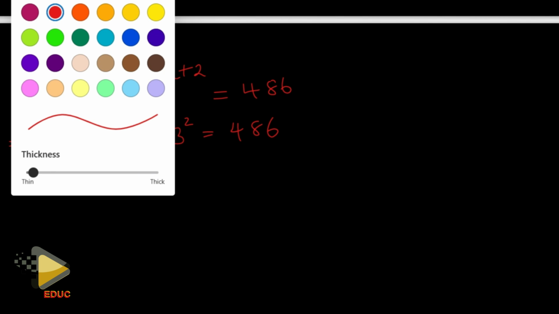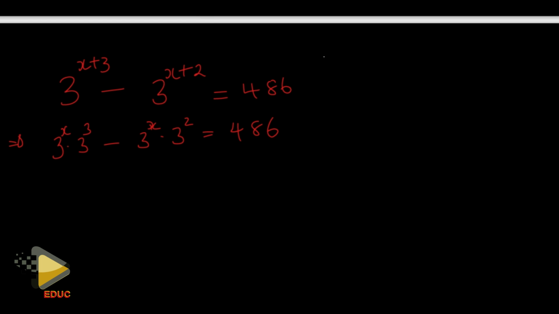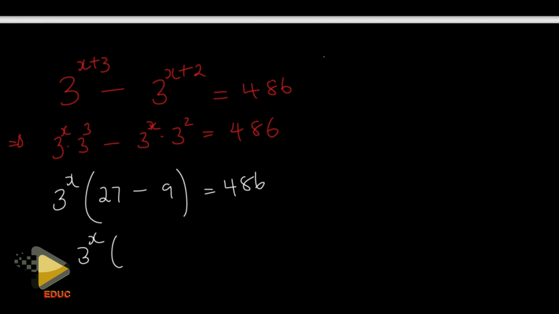Then I can see 3 to the x is common, I'll take it out. 3 to the 3 is a 27, 3 squared is a 9. This gives us 3 to the x into 27 minus 9, I'm getting 18, is equal to 486. Then divide both sides by 18, which means 3 to the x is equal to